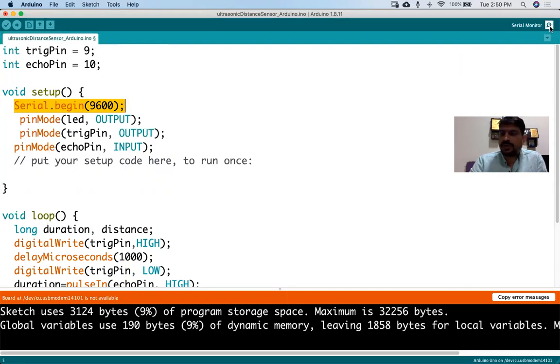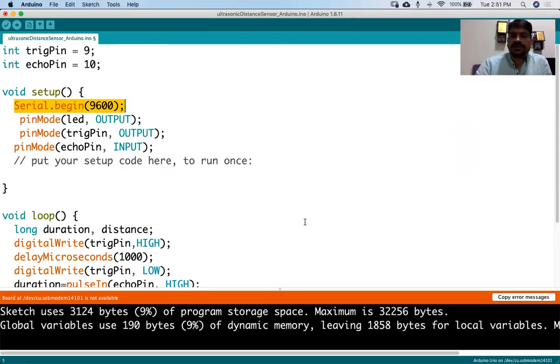What is that serial monitor? Serial monitor is actually to see the output of the program. Just like you can see the output of a C++ program in the console or on the monitor, in the same way for the output we can use that particular serial port.